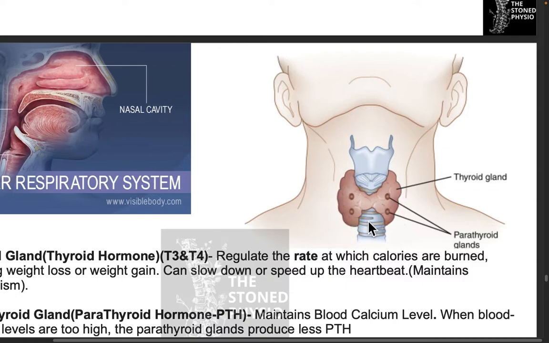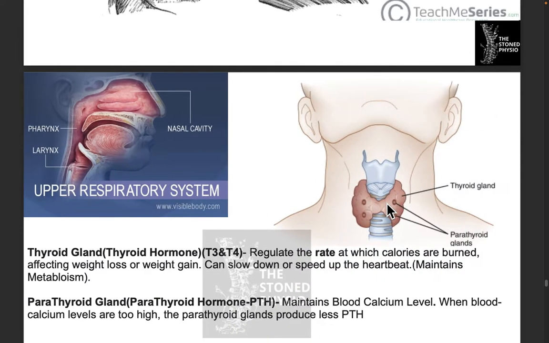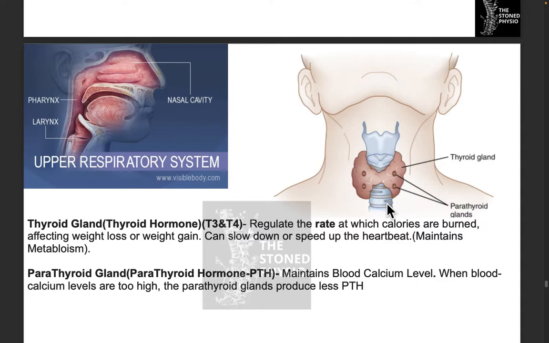This is the trachea, so just above, on the upper part of the trachea, we have this structure called the thyroid gland, and on the thyroid gland we have some other glands also, called the parathyroid glands. Now, talking about the function of the thyroid and the parathyroid gland, the thyroid gland